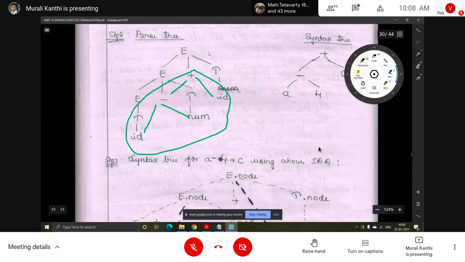That's why we convert it into a syntax tree. If the syntax tree is generated for this parsed tree, then we can slightly change it into the coding part, by creating leaf nodes, intermediate nodes and the root node. So writing the code for this is easier. This syntax directed translation is useful for constructing the syntax tree. If the syntax tree is there, we can implement easily, that means we can convert it into code.